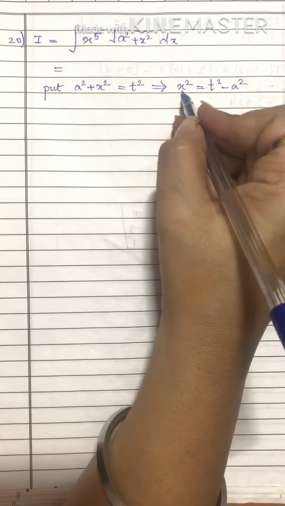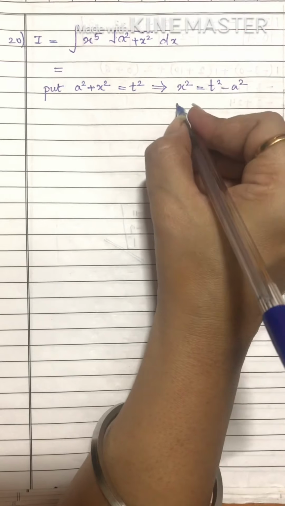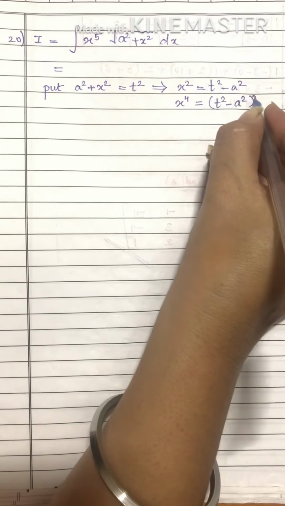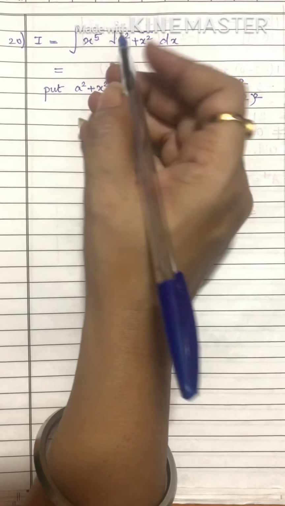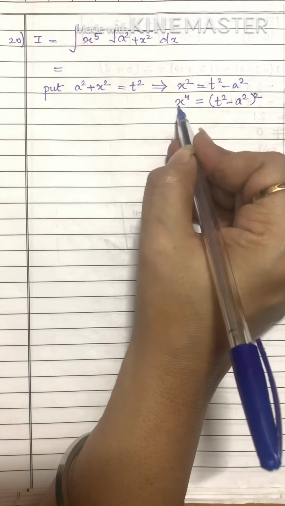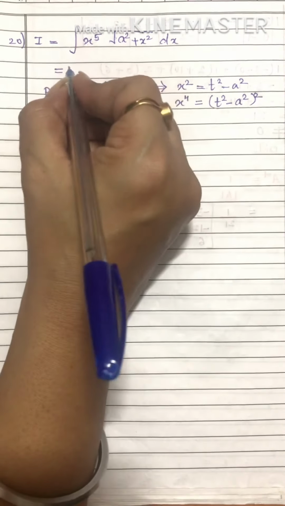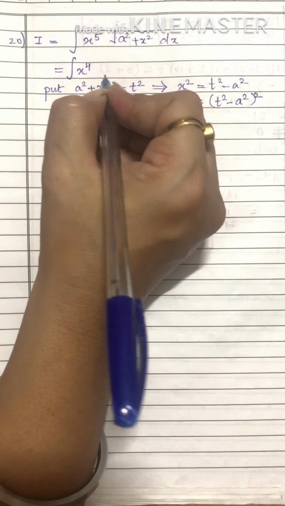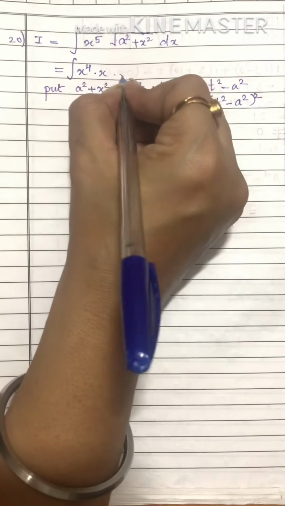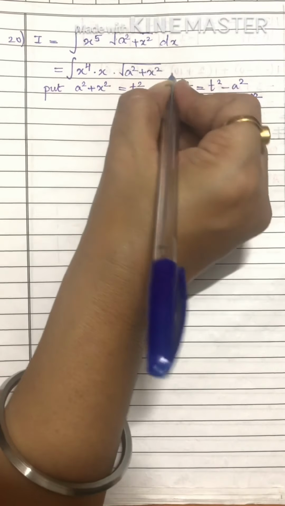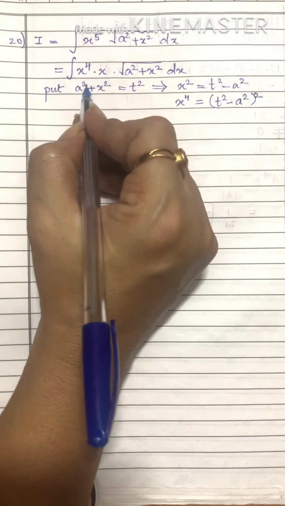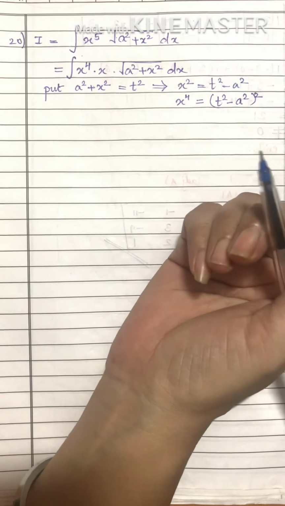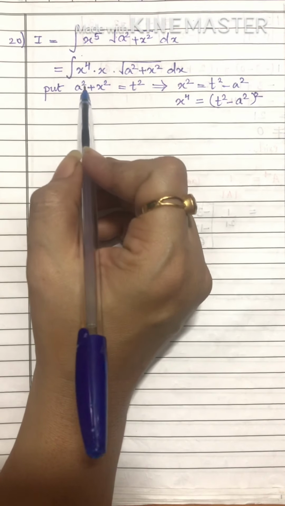So from here, getting the value of x square, we get t square minus a square. Then we square it again, so we get x raised to 4 as t square minus a square, the whole square. But we have x raised to 5, so let's split it, because anyhow you cannot make it x raised to 5 easily. We'll make the sum easy. x raised to 5 we will write as x raised to 4 into x, so that x into root a square plus x square. I hope you have understood how we are splitting this. Over practice, or just by looking at the sum, you will understand what tricks or different methods you need to use. Fine. So now let's continue the sum further.